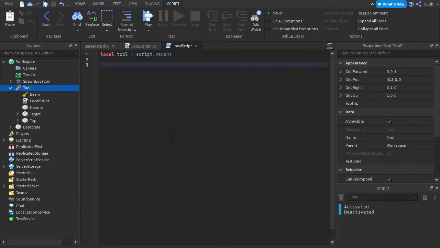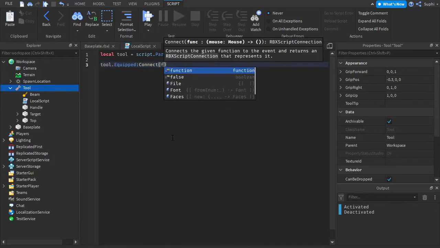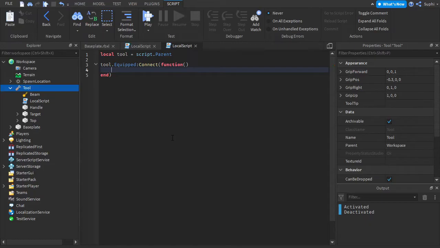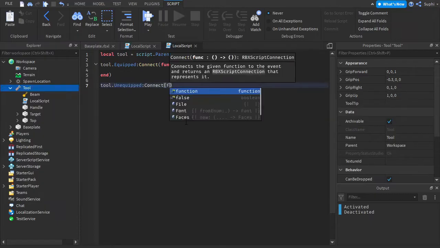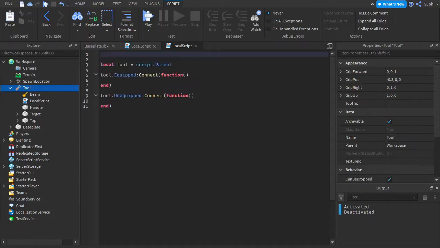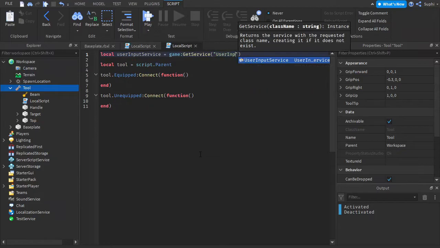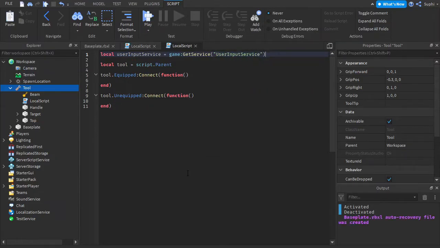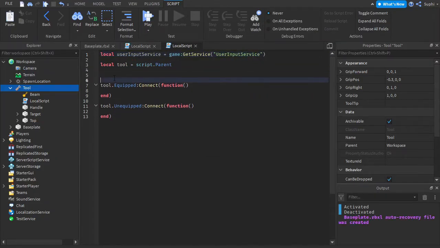But I will be using the equipped event, like so, and I will also be using the unequipped event. And I'm now going to get the user input service, and I'm now going to create a function called input begin,